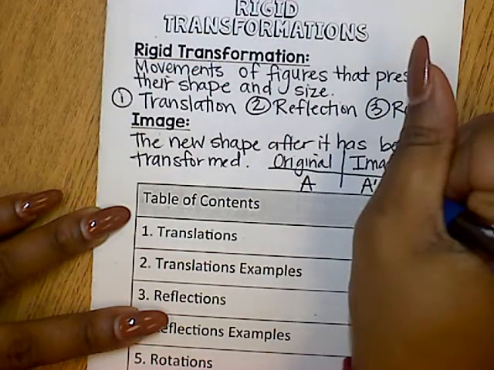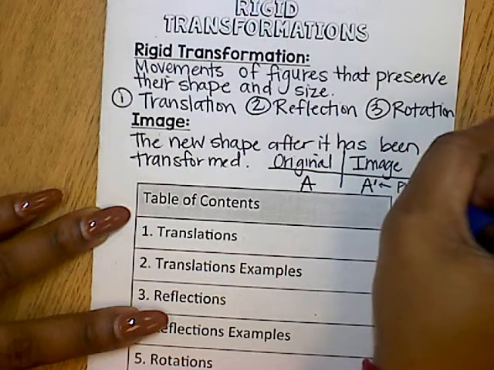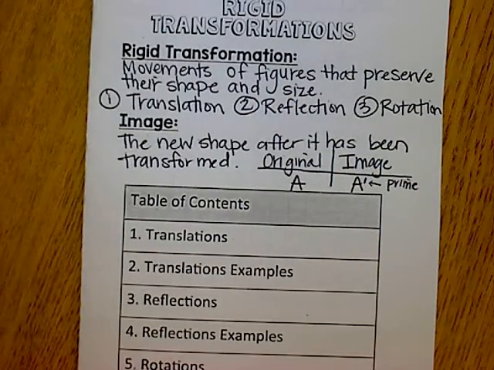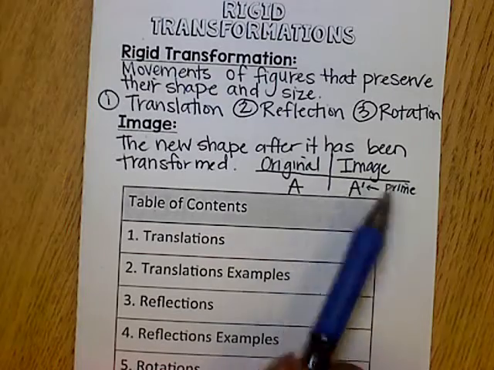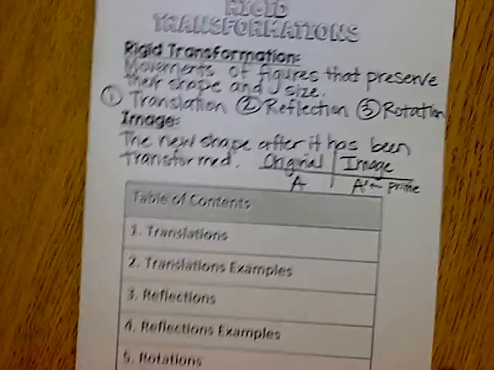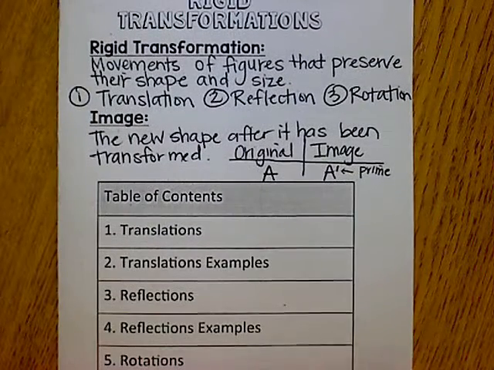And so this little sign there, that is your prime sign. So it just means, hey, it's the new one. If you were to move the shape twice, it would be A double prime, A triple prime. So again, this prime here just means, oh, we moved our shape once, and this is just the new point for our new shape. So go ahead and pause if you need to, but if not, we're going to keep